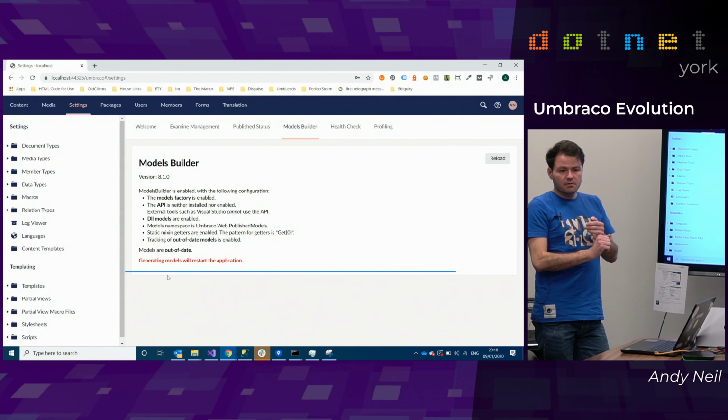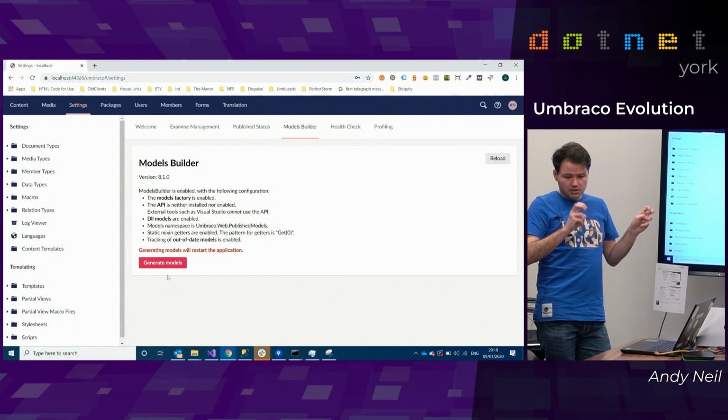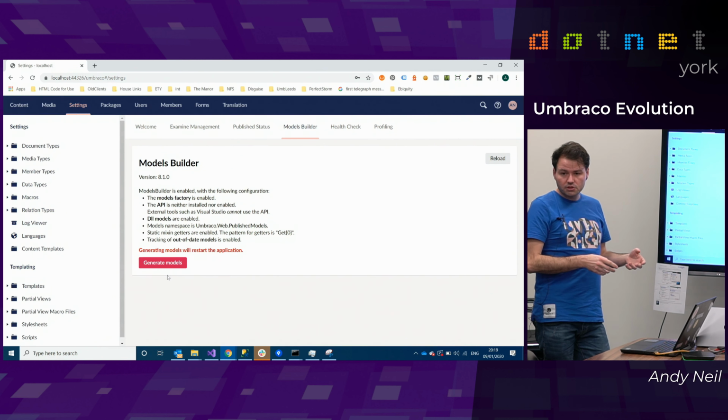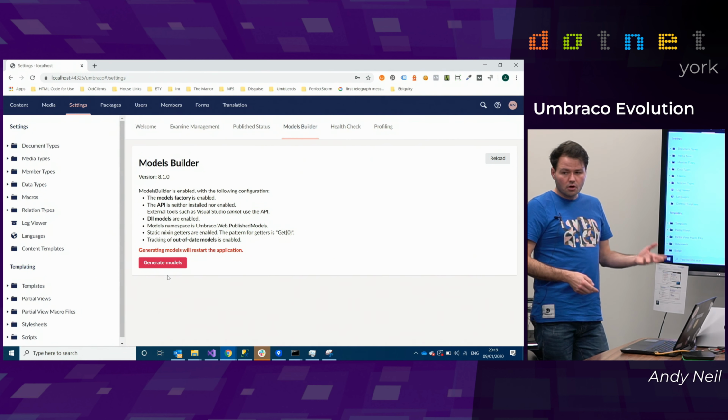You can either have them just generated as a DLL and dumped out somewhere. You can have them done in memory, so if you're not really going to write any C# that wants to rely on it, you don't need to. Or you can have it write them out as classes, and I prefer that because then you can actually see the classes, and it's just easier to find them. They're also all partials as well.